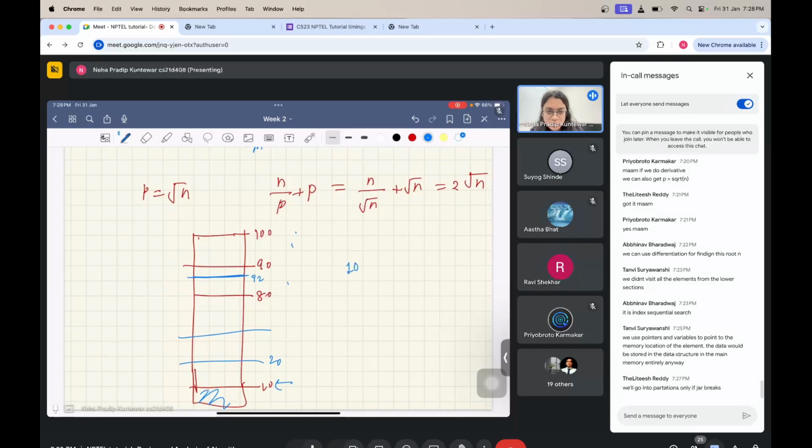Correct. Okay, so only 9 comparisons we did so far. And there are only 10 elements here, right? So what you're doing is you start at 80, then 80, 81, 82, and